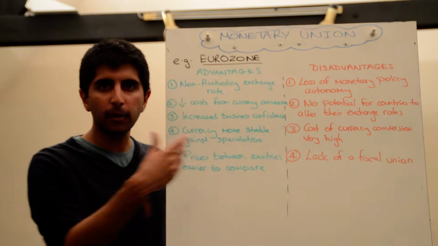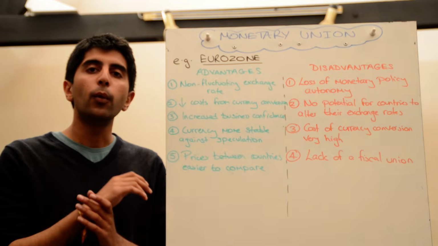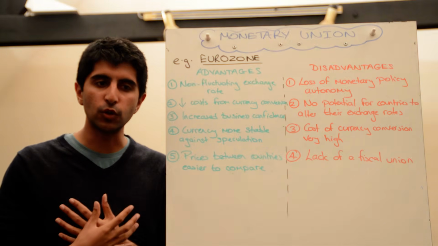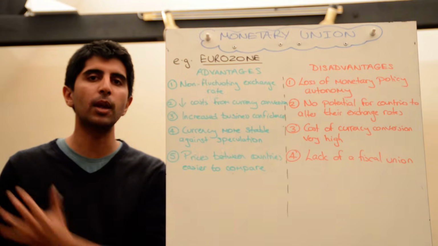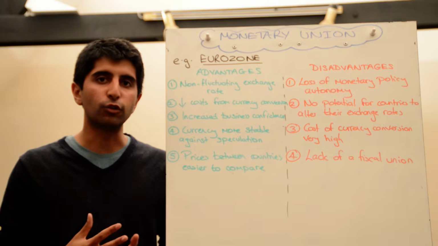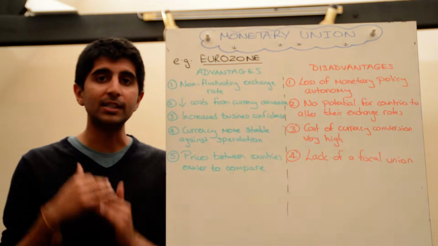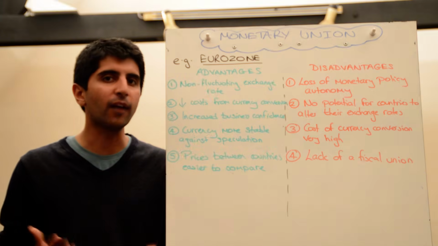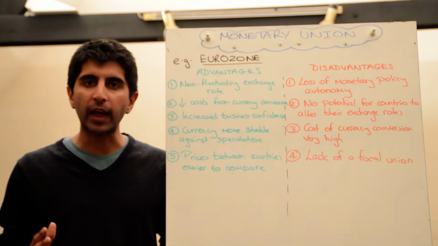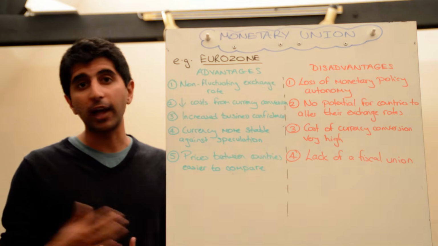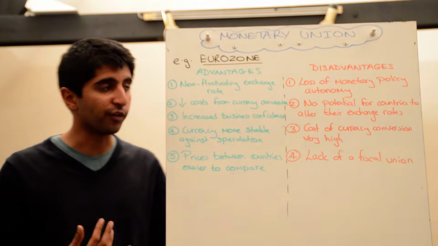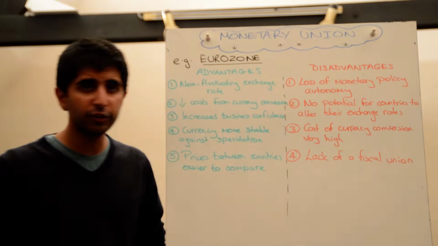This kind of comes back to monetary policy again, with the third strand of it. Without your own currency and your own exchange rate, there is no potential for you to alter your exchange rate to boost your trade performance. So if you were in dire straits or in need of export-based growth, you could artificially depreciate your currency if you had your own currency and exchange rate, right? But if you are part of the single currency, you have no control to do that. So if you wanted a boost in trade performance, you've got to look elsewhere. You can't rely on a fall in the value of your currency to get you there because you have no control over it.